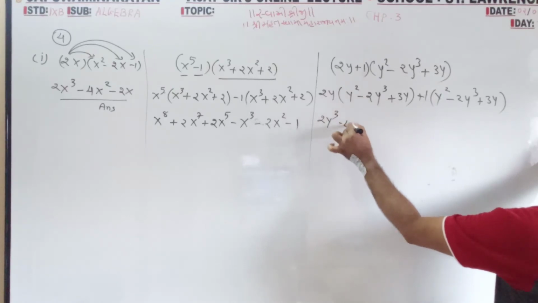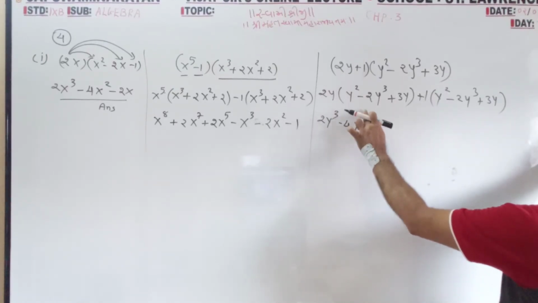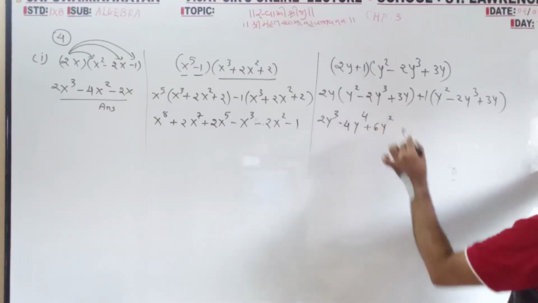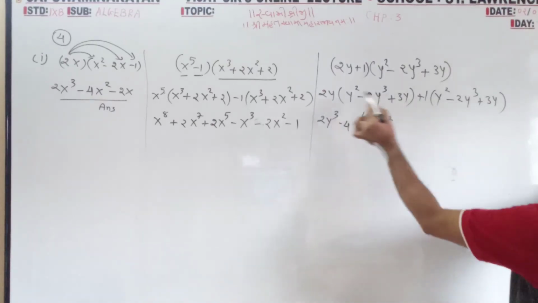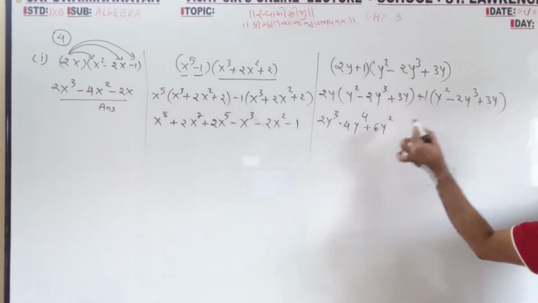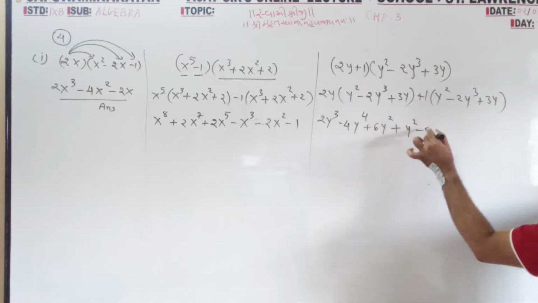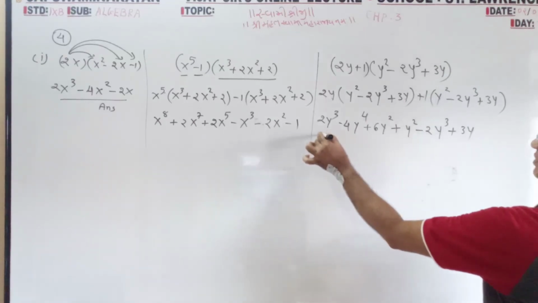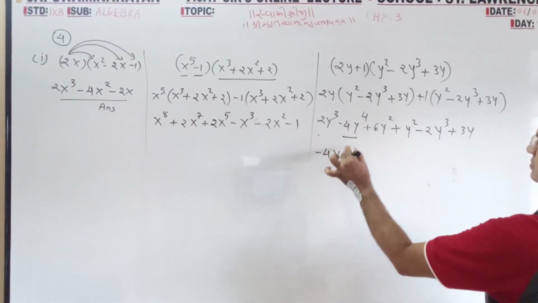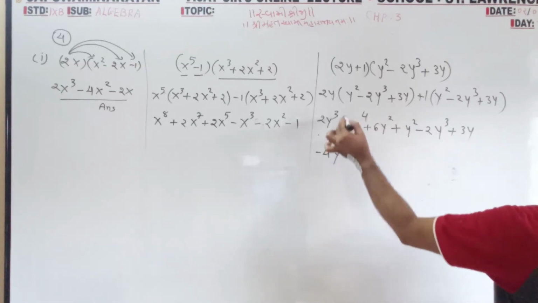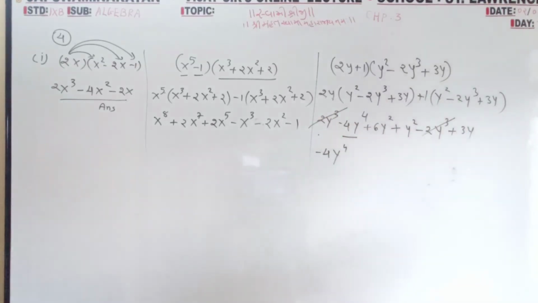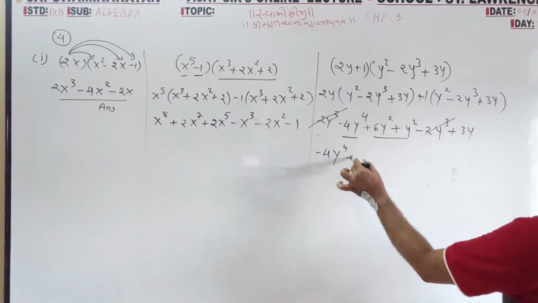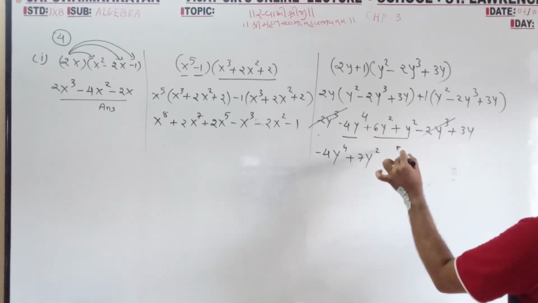This into this. 2 to the 4. Three to the 6, y square. Now plus 1, so the terms will be the same, multiplied by 1. Now same terms with highest power. 4 power, then 3 power. 2y cube minus 2y cube, 0. 6y square plus 1y square means 7y square plus y.